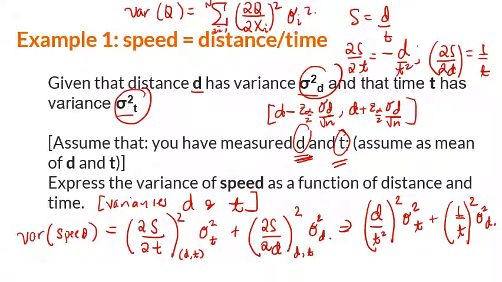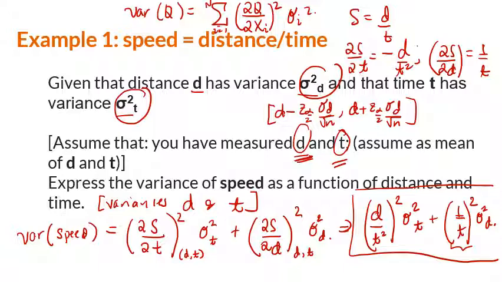And then this quantity is equivalent to 1 over t squared. So that is it, class. This is the variance of speed as a function of d, t, sigma t, and sigma